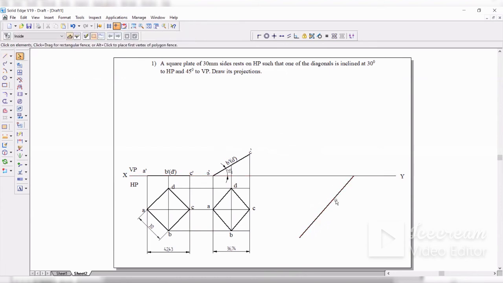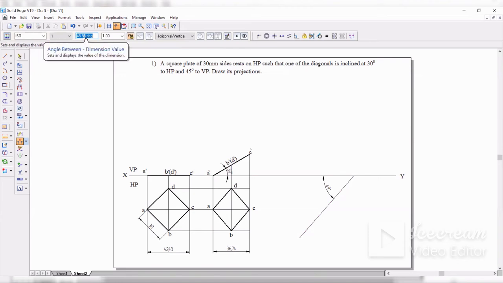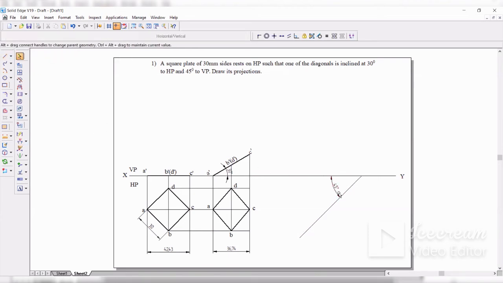Now this is not visible. This is normal line, and let me check the angle between these two. Angle between these two is 48. There I want 45, so I'll draw like this. See, now the angle is 45. Now to draw the locus, there's a small procedure. Now I have got the distance of both the first position diagonal, second position diagonal.